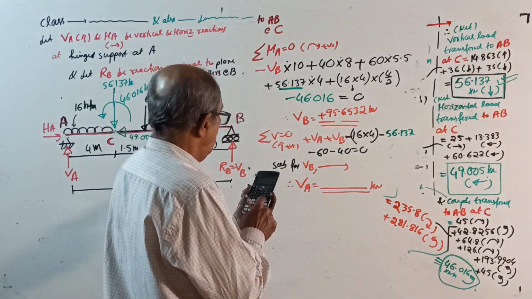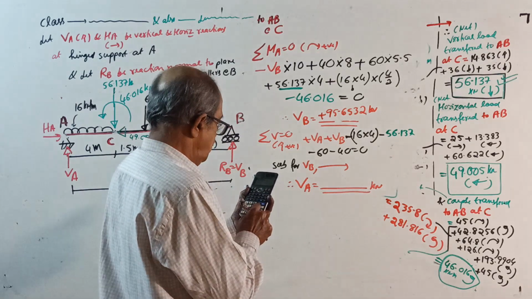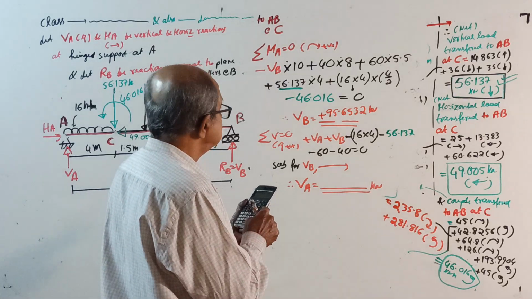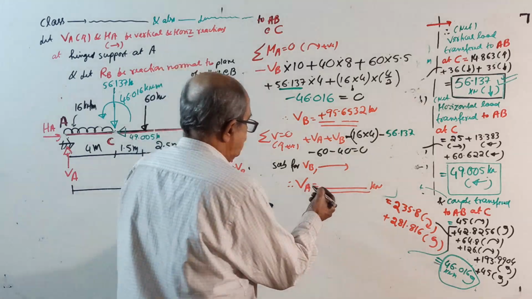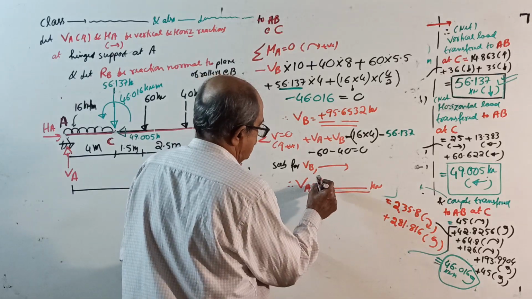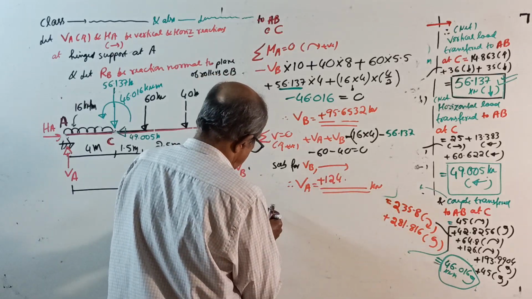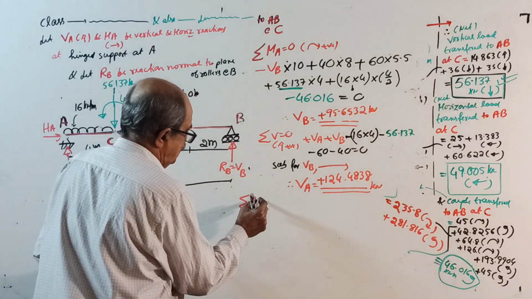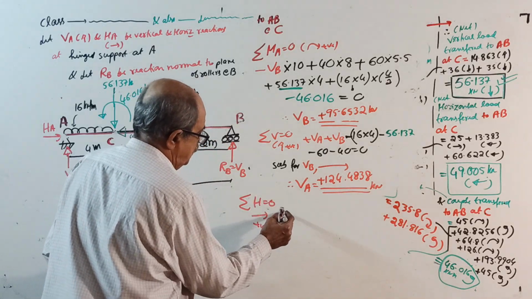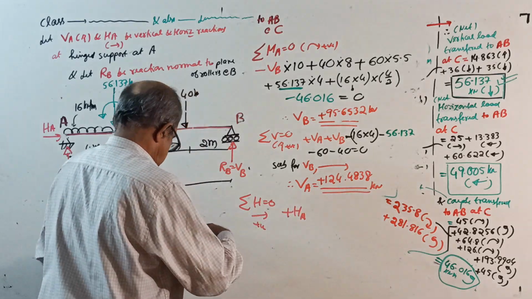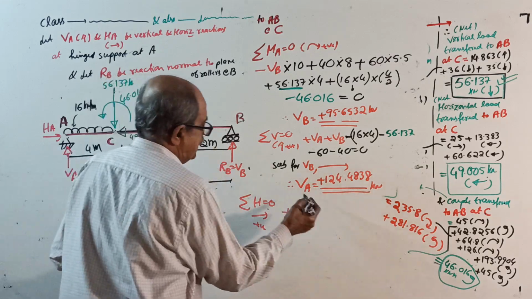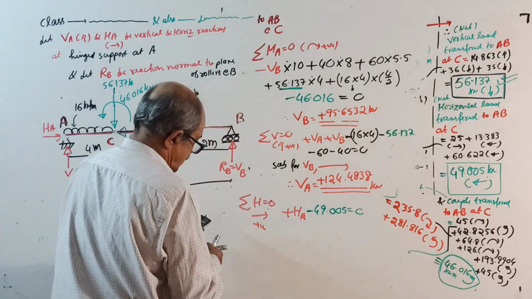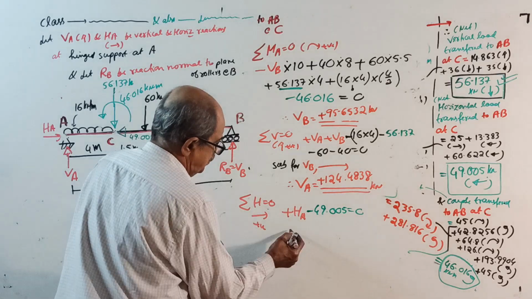VA equals minus 95.6532 plus 16 into 4 plus 56.137 plus 100, which is 124.4838 kilonewton. Sigma H equal to 0. Take right side positive: plus HA minus the transferred load, minus 49.005 equal to 0. Therefore, your HA equal to